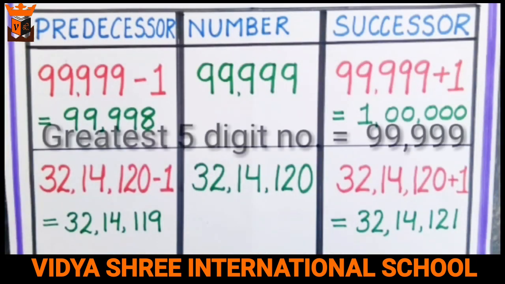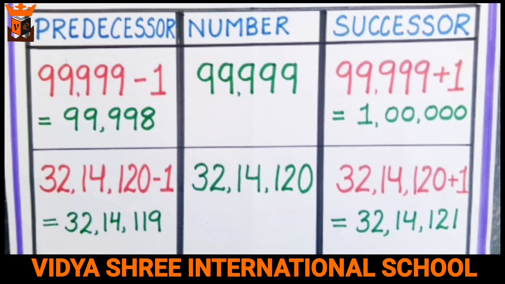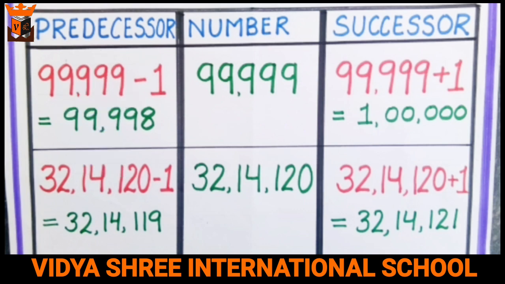First example, let us take the greatest 5-digit number. The number that comes just after any number is called the successor of the number, and the number that comes just before any number is called the predecessor of that number. Now to find the predecessor of the given number, that is